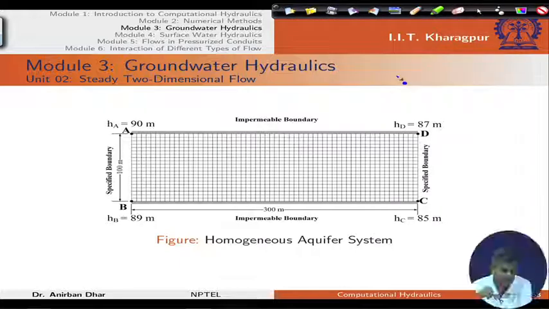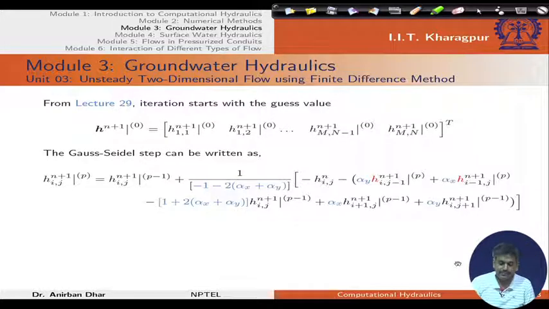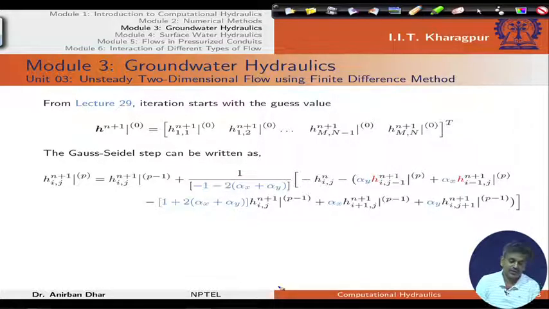In unit number 3 of module 3 we utilized unsteady flow equations for a confined aquifer situation, and we solved that particular problem using the Gauss-Seidel method, and we used an iterative scheme for this method. Interestingly, for the solution of this two index or two dimensional problem,